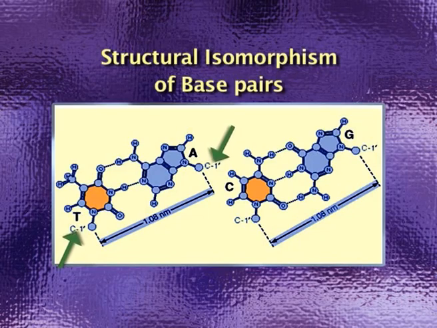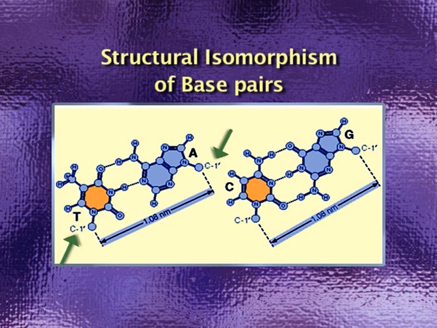Now let us move to the other property, like why the diameter of the DNA helix is 20 angstrom, or why it is 20 angstrom uniformly. Why not? It can be 18, it can be 19. Why only 20 angstrom? Now it is due to the reason that the distance between the C-1' carbon atoms of